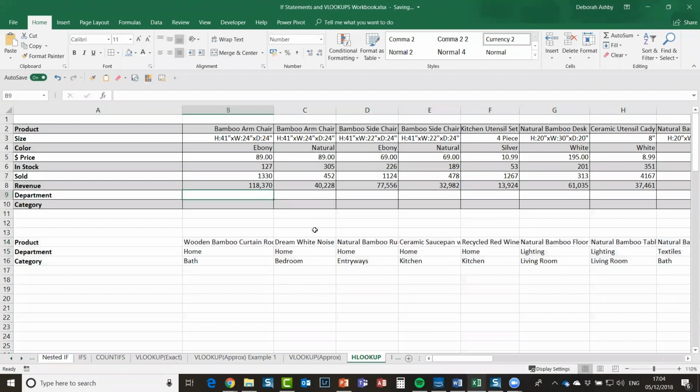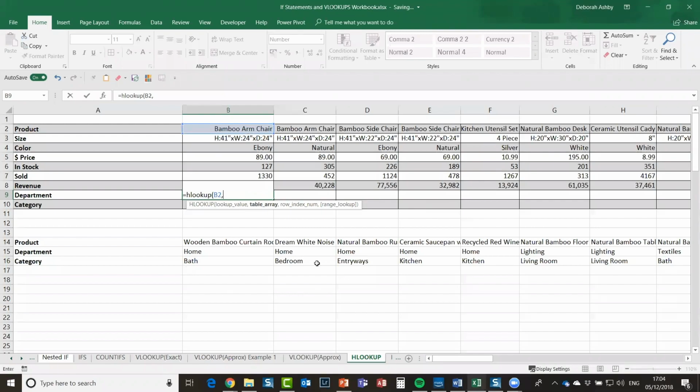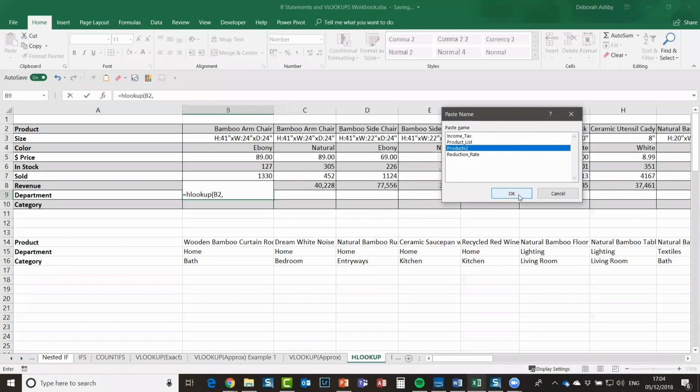So this time we're going to do equals HLOOKUP, open bracket. So we're going to do the same thing. So it's saying, what is the lookup value? The lookup value is the same. It's bamboo armchair, comma. Where am I looking for that bamboo armchair? Well, we're looking for it in this table down here. So you can press F3 or select the range. I'm going to select my products 2 table,